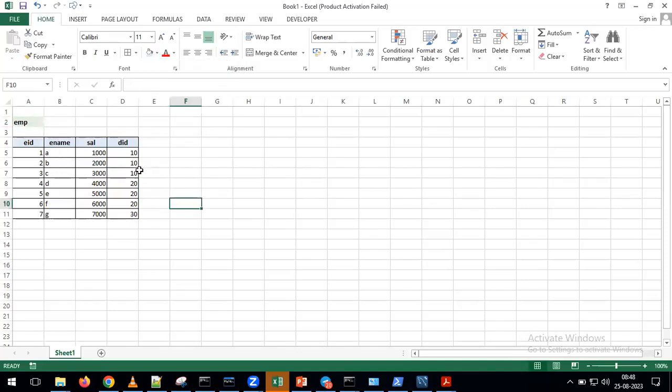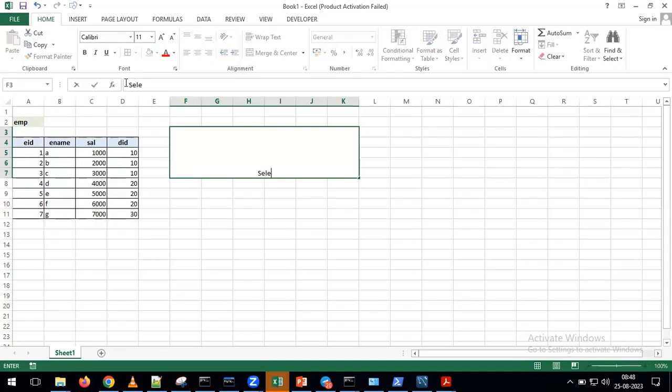Now, for example, this is the data we are having. Now I'm going to write the query like this. What I'm doing here is I'm giving it as a select EID, ename, salary. Here I'm giving the rank function. In the rank function, I'm giving it as rank over order by sal descending order. Here I'm giving alias name, for example, R1,